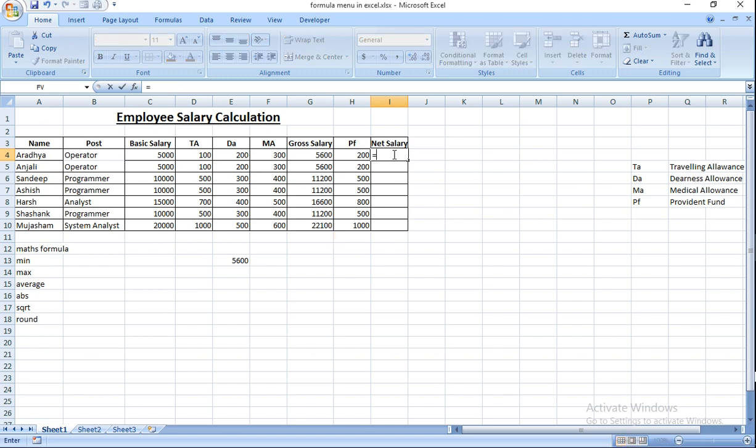So here you have to write the formula G4, G is for this cell, and the minus H4. So it will give you the net salary which the employee gets every month,